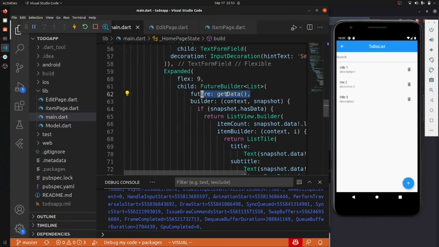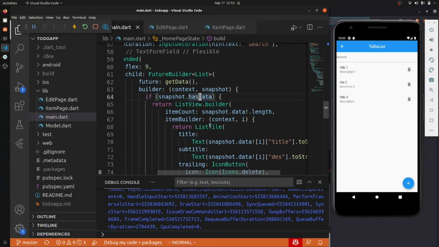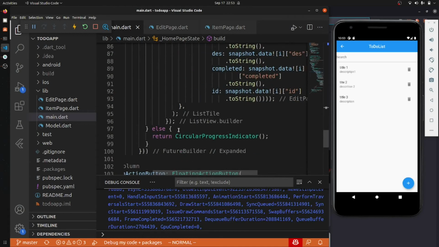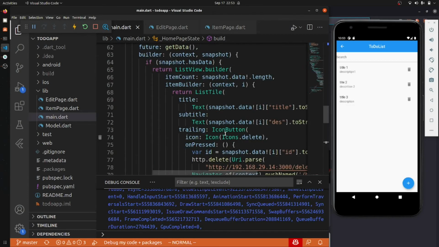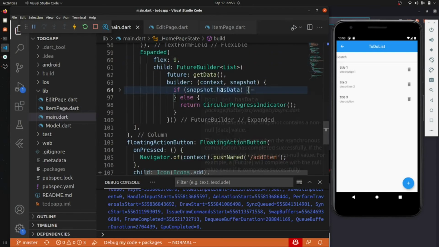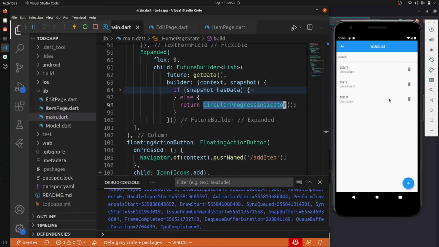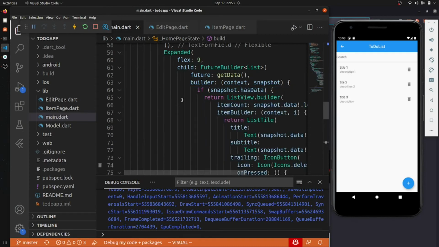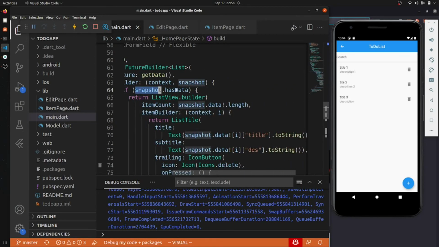This function will return a snapshot, and this will be an async snapshot. That snapshot has two to three things: we have data and we have an error, like snapshot dot has error, or if there is nothing, then we can handle that as well. If we don't have any data, we show a circular progress indicator, the thing we see at the start of the page every time it reloads. Inside the snapshot is all the data, so snapshot dot data is the main thing we have to use.